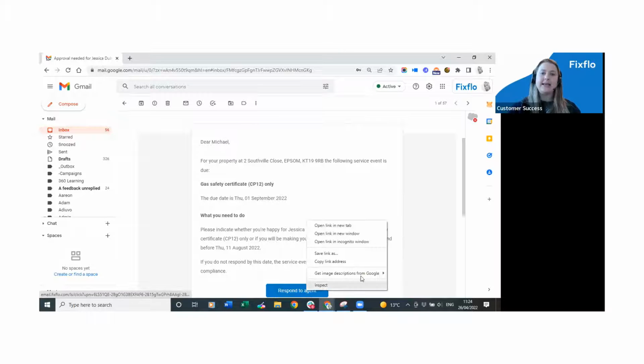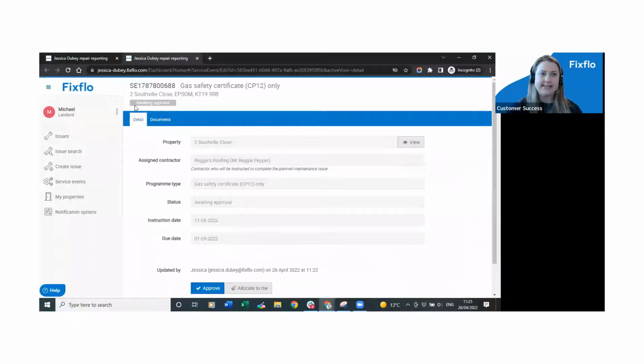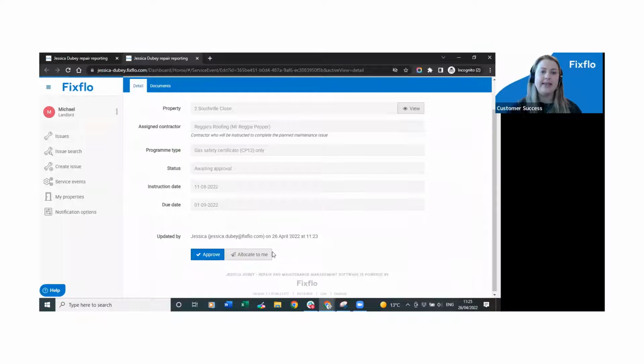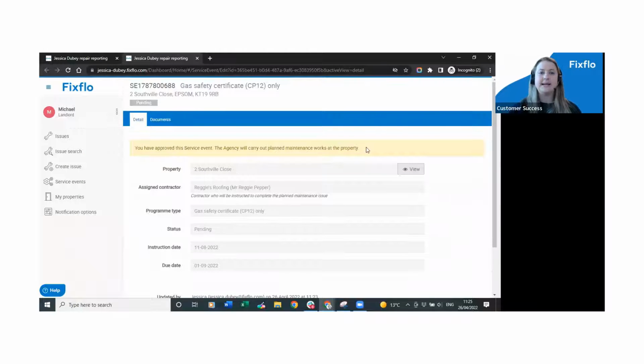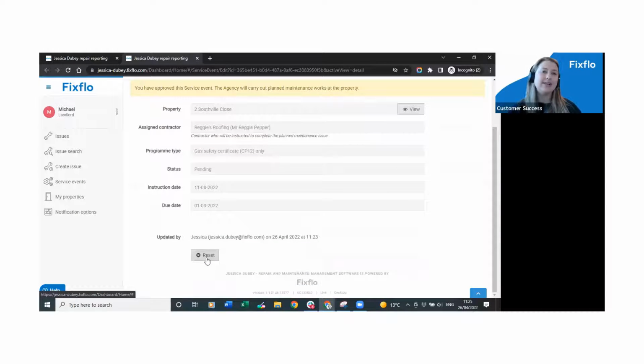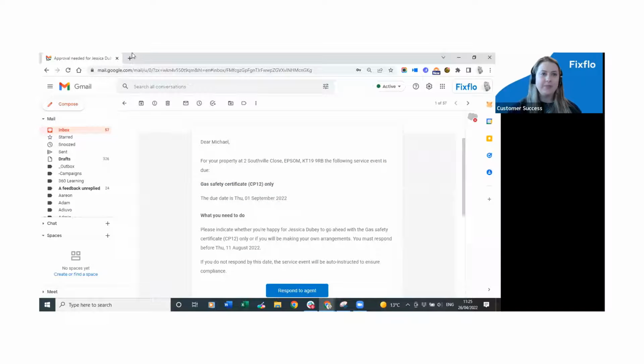They can then click here to respond to agent, where they can log directly into Fixflo. It says that it's awaiting approval here, and they can either approve that they're happy for this to go to Reggie Roofing, or they can say actually they want themselves to do this. Once they've approved this, for example, they can see this has now been approved. They can, of course, reset it if they chose the wrong option. And once happy,